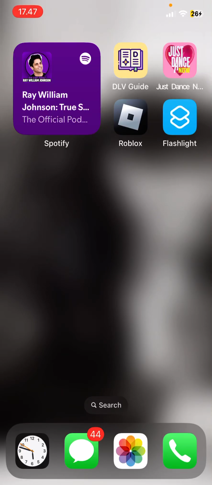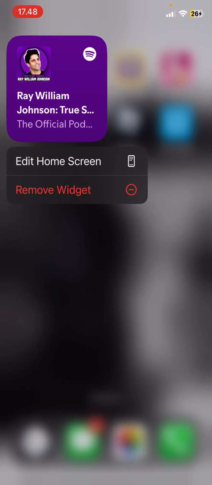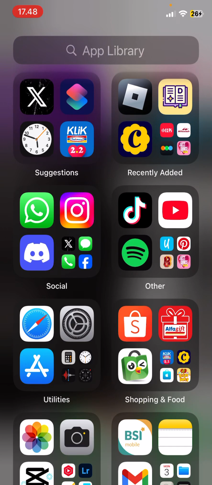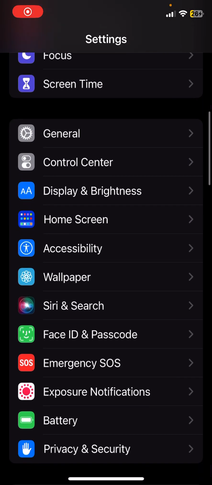In this video I'll be showing you guys how you can remove the playing widget on your lock screen on your iPhone. So not on your home screen, but if you want to remove it there, obviously to remove a playing widget, like a music widget, you're just going to select it for a few seconds and remove widget. But if you want to remove it from your actual lock screen, you're going to go to settings here,